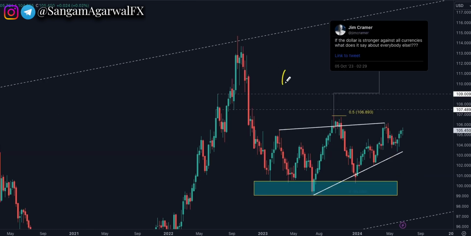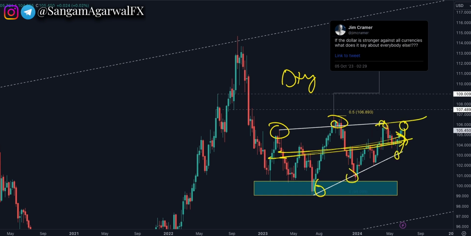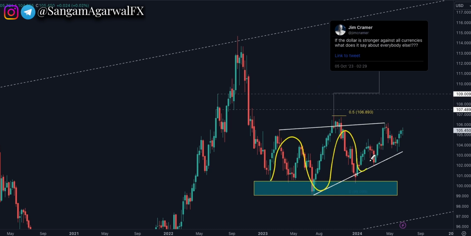Dollar index, weekly chart: price is slowly going from the lower trend line to the upper trend line, almost there, but still it is a sideways range inside a triangle chart pattern. So in the last video I said the dollar index can stay up. Price is not clear, but timing and direction is